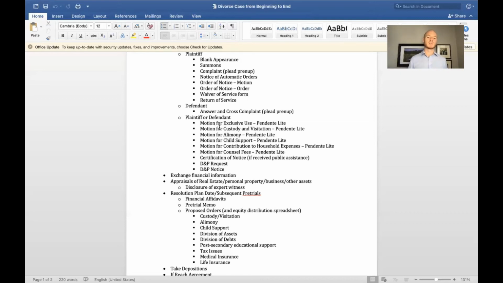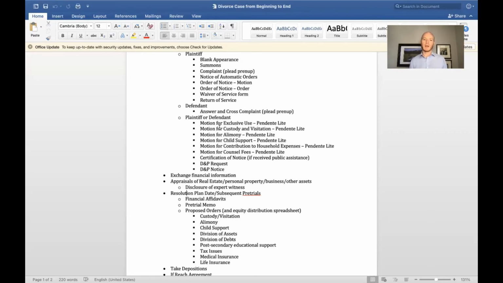If one parent isn't seeing the kids, or there's some other urgent need that needs to be addressed, then at the resolution plan date, the family relations will basically make a determination saying, okay, we need a hearing on this issue,